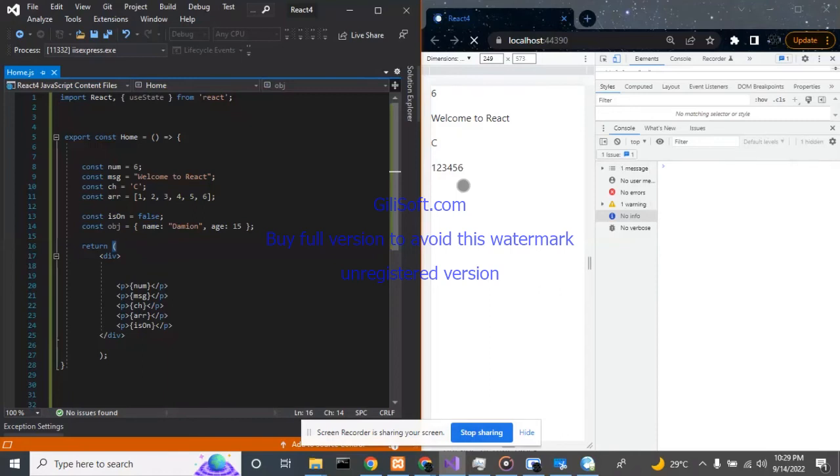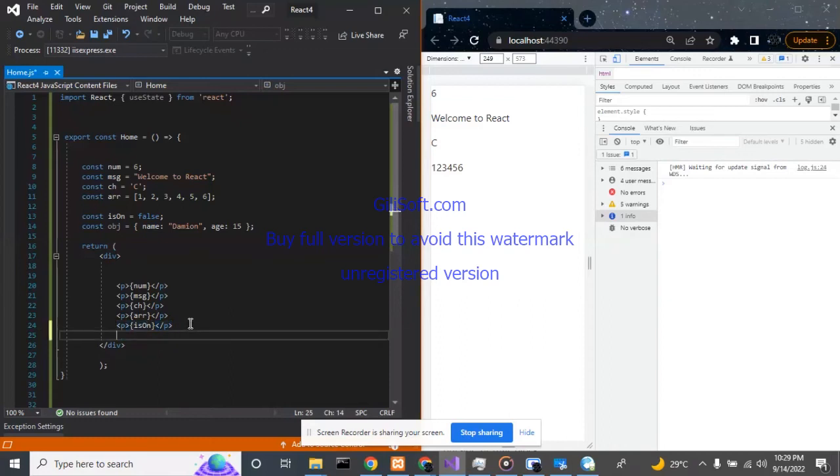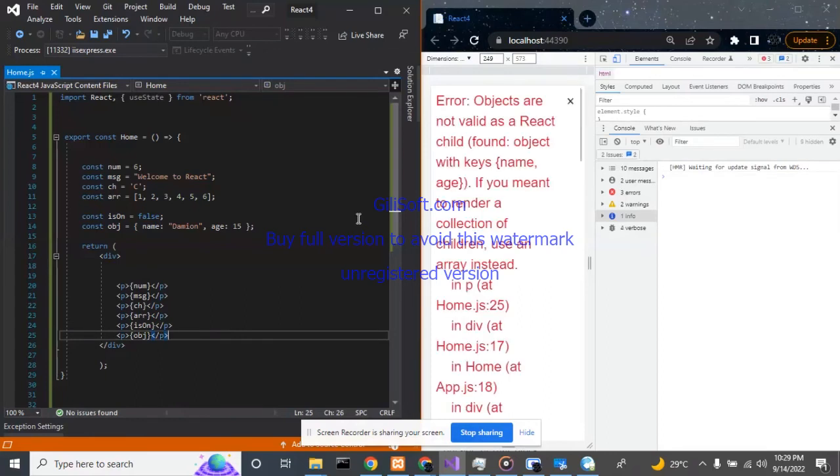Virtually, it shows us nothing. The program doesn't crash or anything, but we are just not able to see that a Boolean value was outputted on a paragraph tag. Then the other problem is when we try to output objects. If we try to output this object directly on a paragraph tag or any tag directly, it will crash our program and give an error